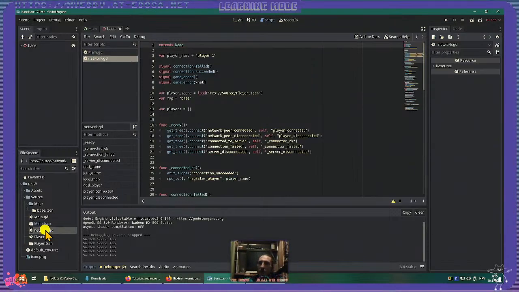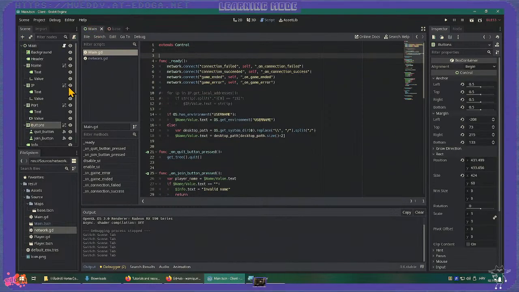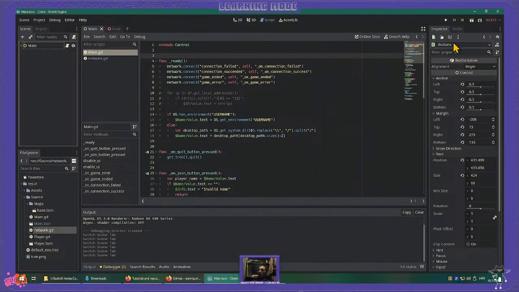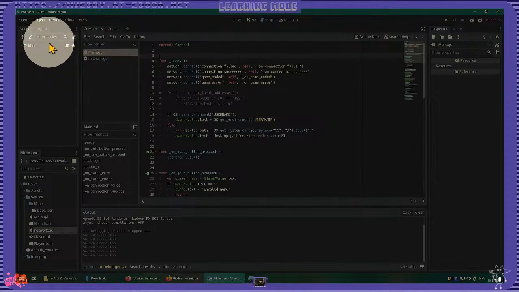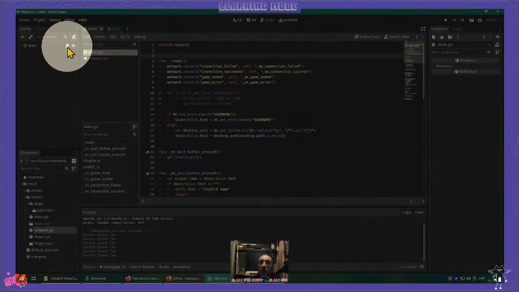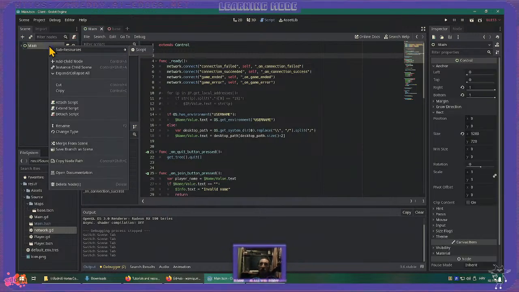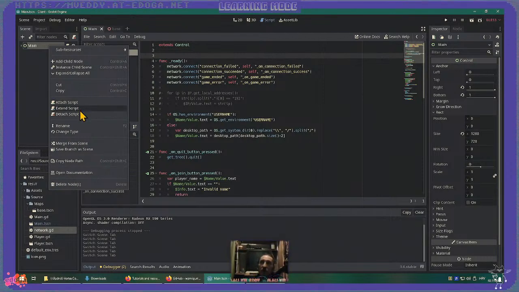There is a network GD. What is this? Extends the node. So I'm guessing that the main scene should have a script. Okay, so here for the scene it shows that it has the script connected, linked, which is attached actually. So attached script,